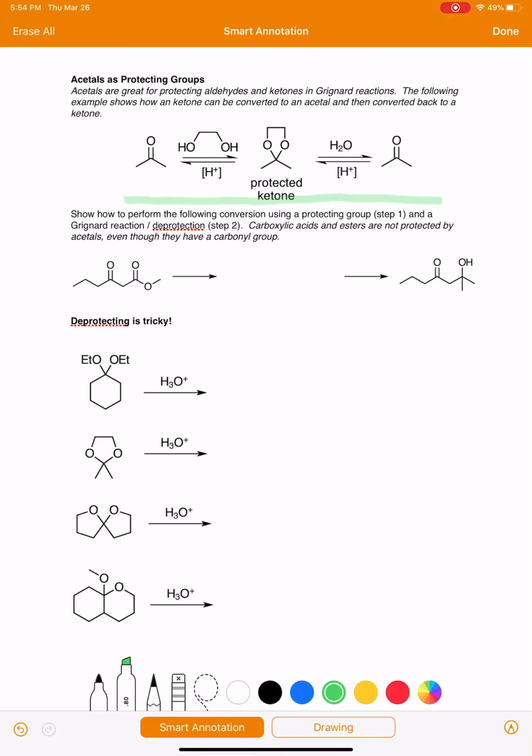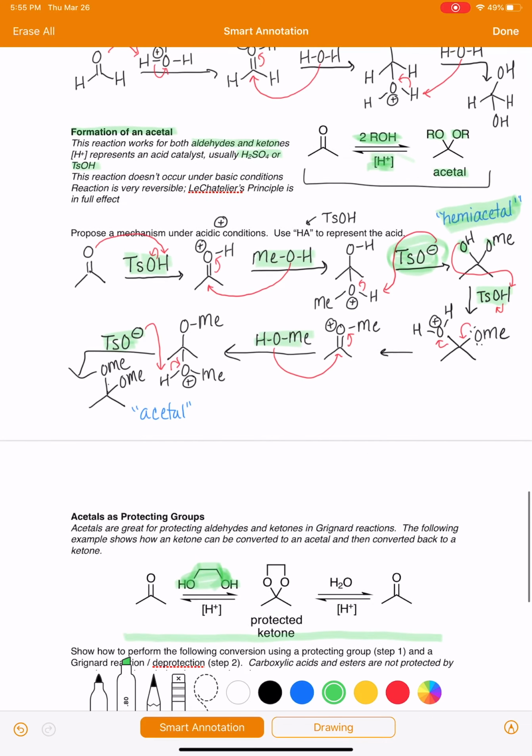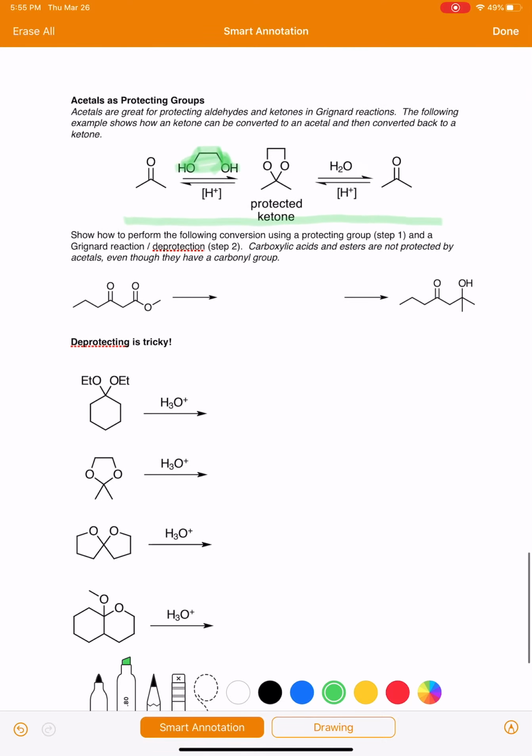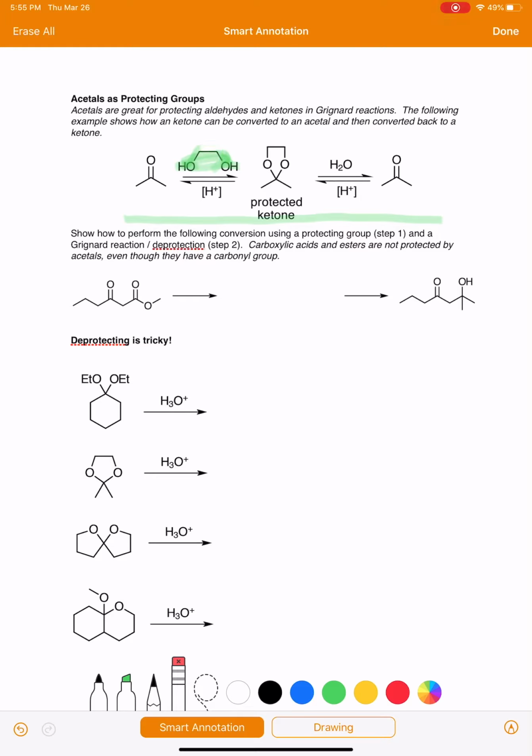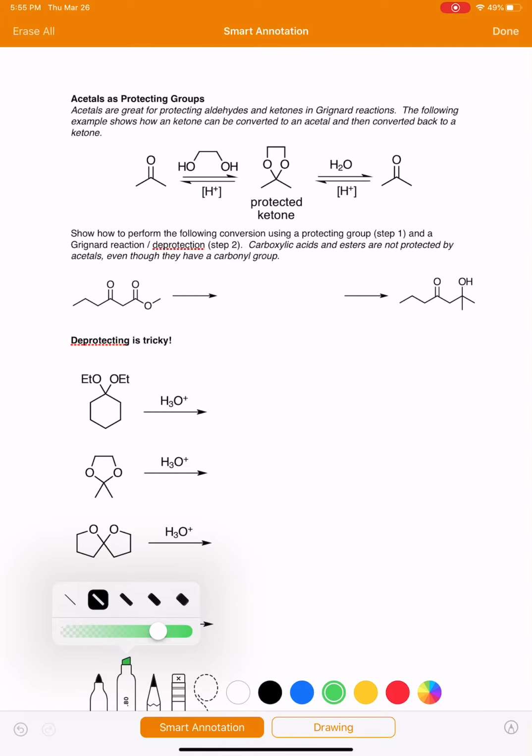Usually when we're trying to do a protection of an aldehyde or ketone, we use this particular diol. This is a molecule that has two OH groups. So this molecule right here by itself is serving as the 2 ROH that's needed for the formation of the acetal. We just have both of those OH groups on the same carbon chain, but it works the same. So you see we've got our acid catalyst present. And when we do the very first step in this reaction,